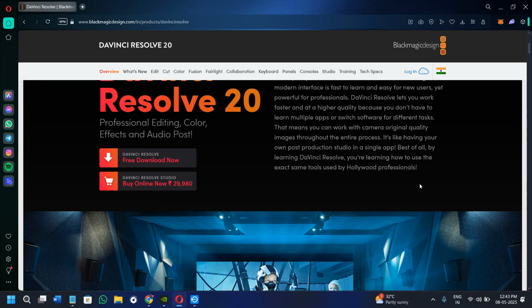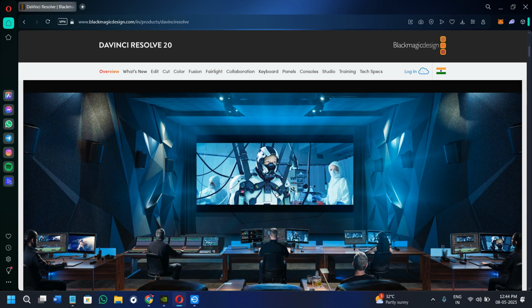If you have just installed DaVinci Resolve or updated your version and you are getting the error "unable to initialize your GPU," you are not alone. This is a very common issue, especially after updates or when switching between integrated and dedicated graphics cards. This error prevents Resolve from launching and it can be caused by incompatible GPU settings, outdated drivers, or unsupported hardware configurations. So in this video, I will walk you through the step-by-step fixes to get Resolve running again on both Windows and laptops with dual GPUs.